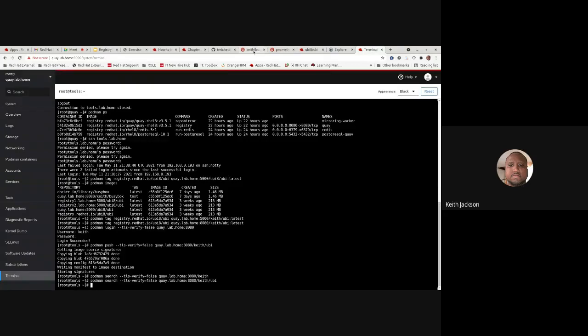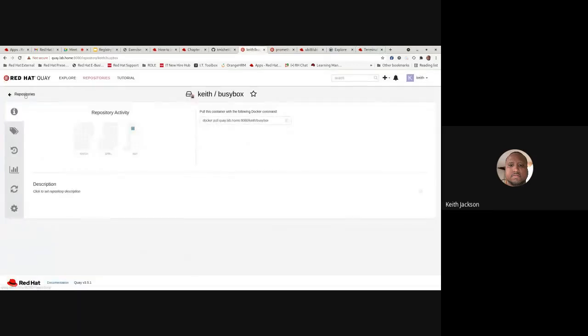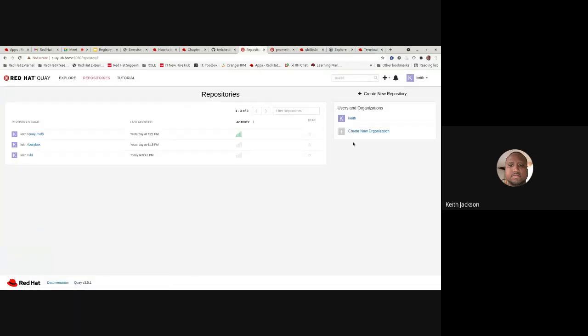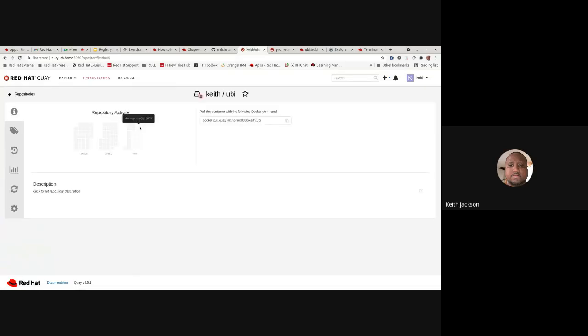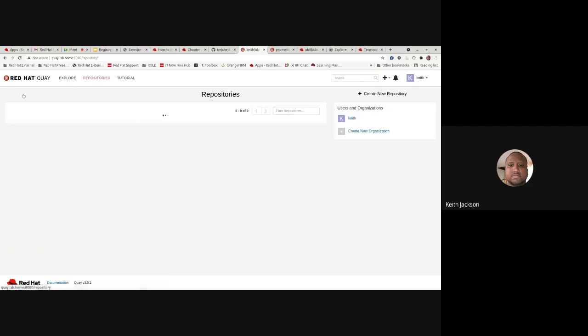It's not working. That's fine. We'll go to repositories and we'll see it there. So there it is. There's that container that I just pushed in, that I pulled from Red Hat, retagged for Quay, and pushed into Quay,